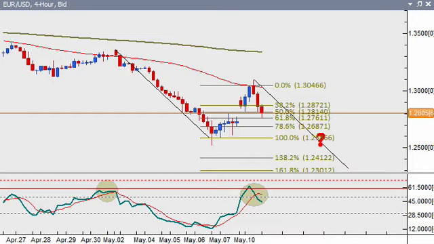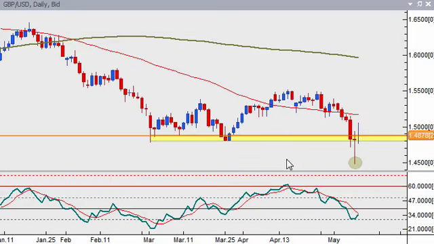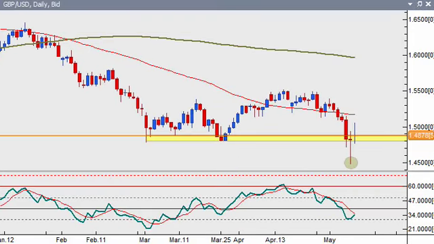the slide to 1.2350 is possible. Here's the pound-dollar pair daily time frame, and we see a lot of uncertainty here. We'll probably have another doji candlestick here for the opening session of the week. There's a lot of uncertainty about the leadership in the government as well, so that's reflected here in the price